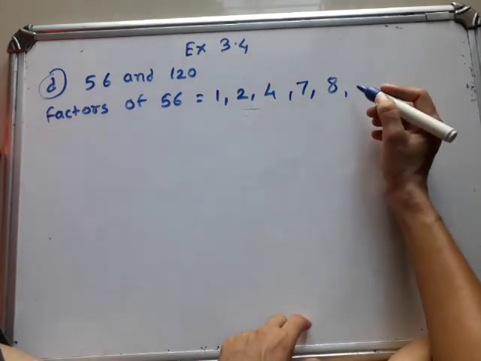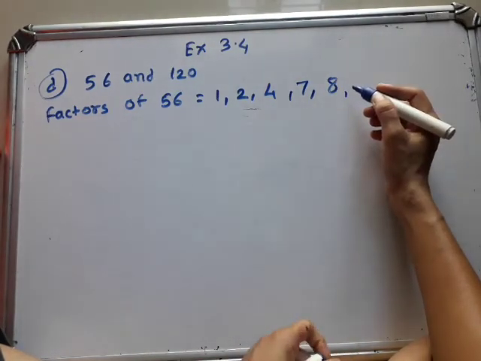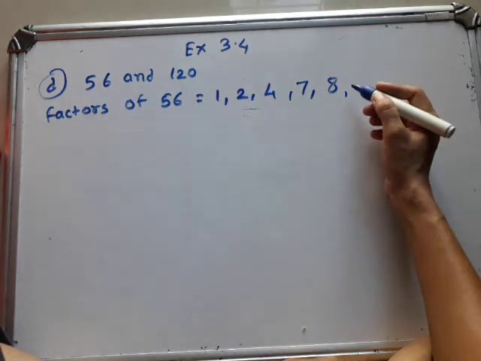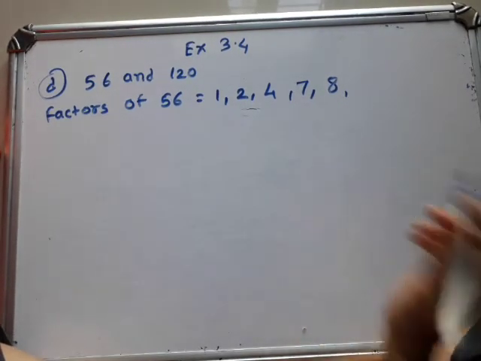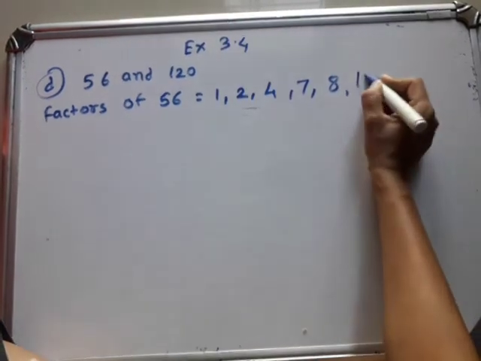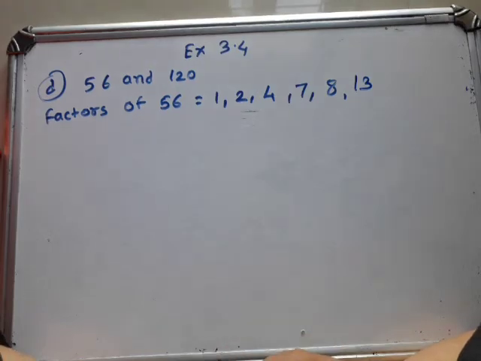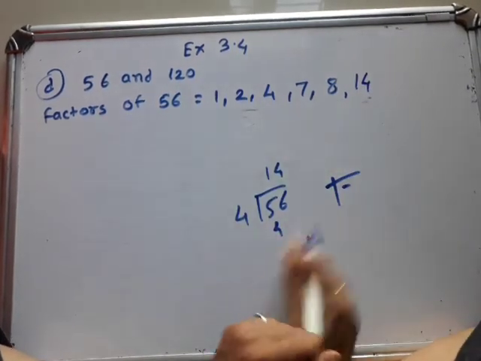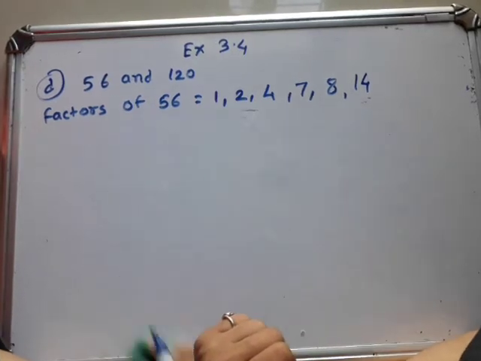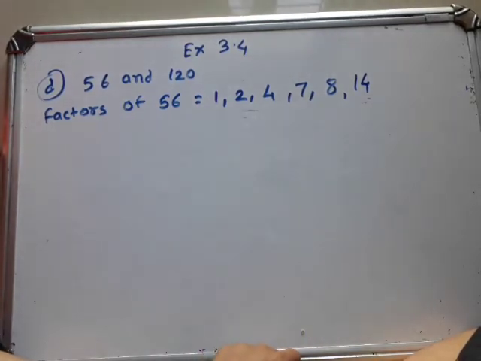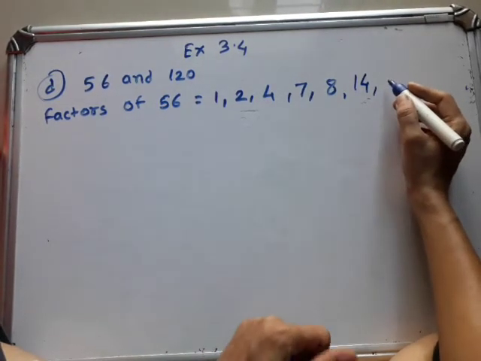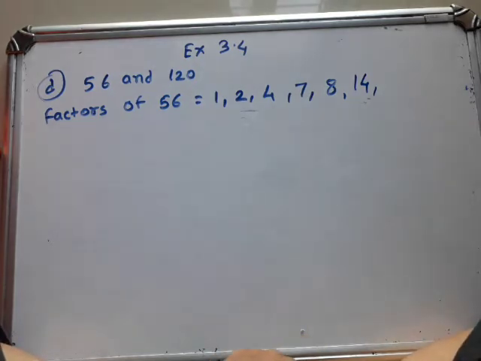Then 9 is not a factor of 56. Then 10, 11, 12, and 12 is not a factor of 56. Then 13? Sorry, not 13, 14, because 14 fours are 56. Then the factors of 56 are